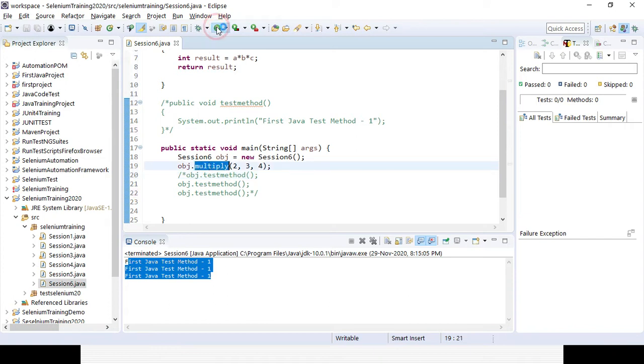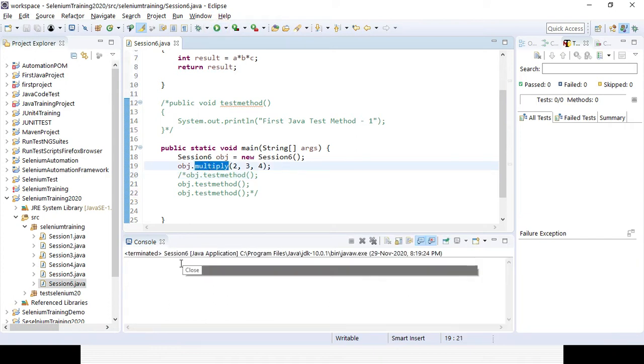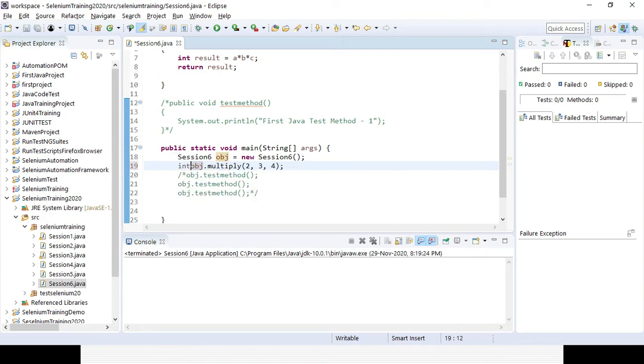So I have to store it somewhere and print the output. If I store it in an integer variable named multiplication result, then I can print it out.